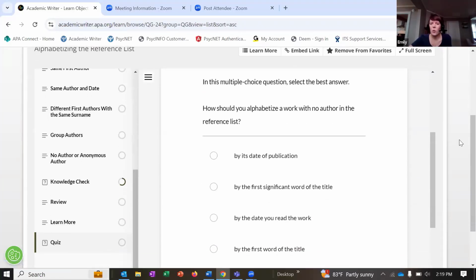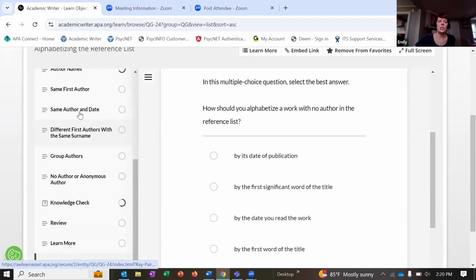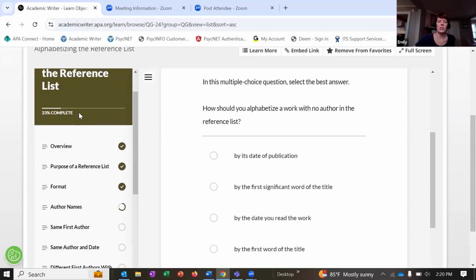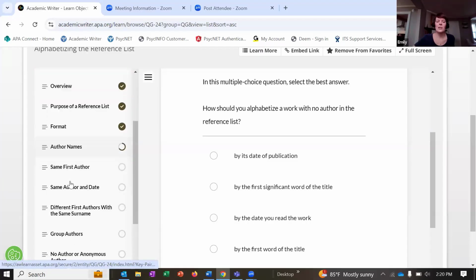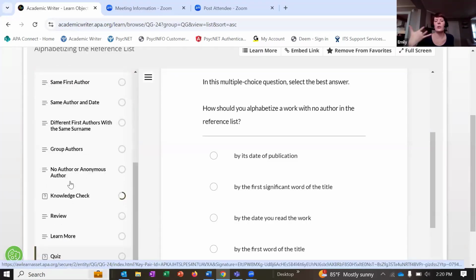Okay, so another thing I want to mention with the quiz is that you do not have to pass the quiz. Passing would be 80%, but you do not have to pass the quiz in order to achieve 100% completion. You just have to do the quiz. So you will have a score on your proof of completion certificate. You can turn in that score to an instructor, but you can still gain 100% completion and receive that certificate.